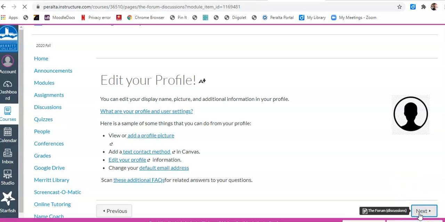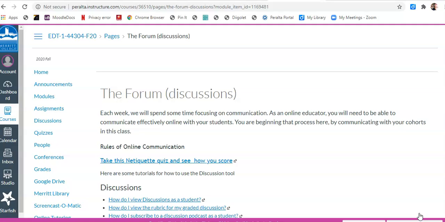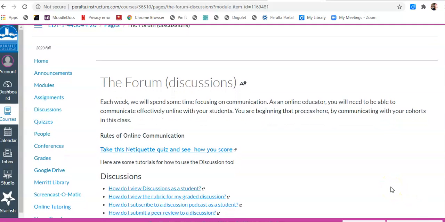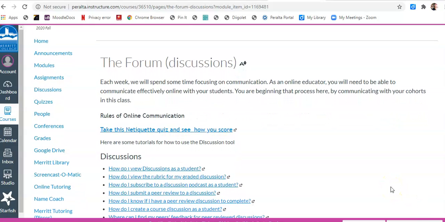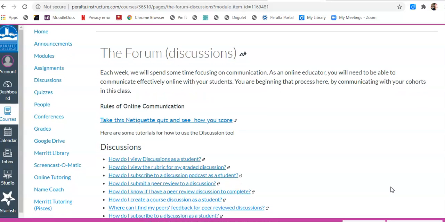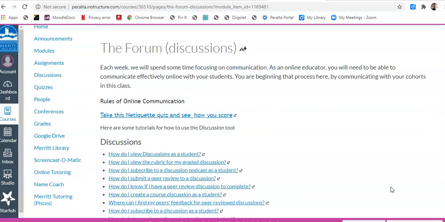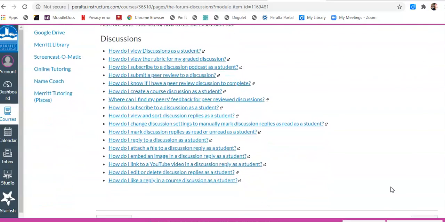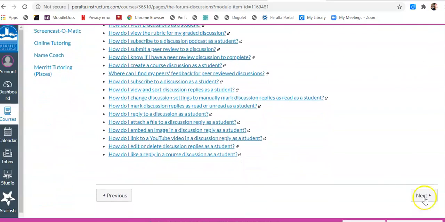Next is forum. So every week we have a forum discussion. This week we actually have 2 forum discussions. One is an introductory forum where you introduce yourself, and then the other one is about the topic for the week. And here's just a whole bunch of info from Canvas on using the discussion forums.